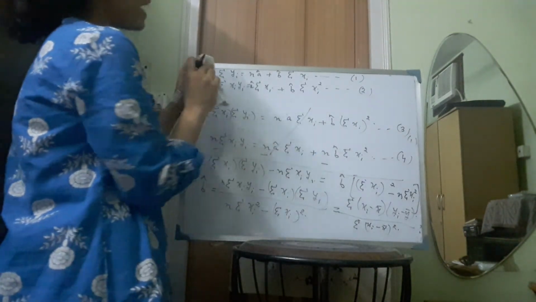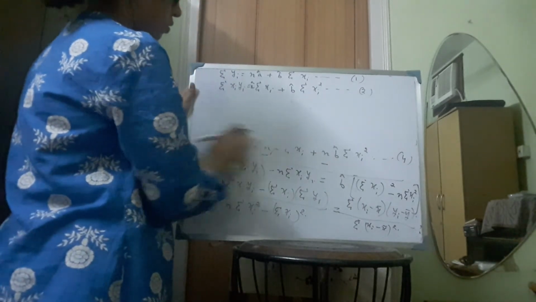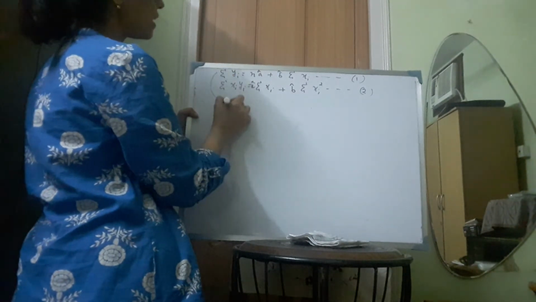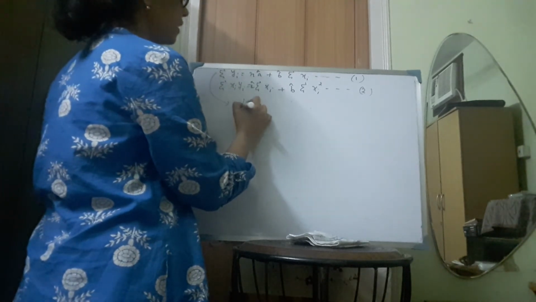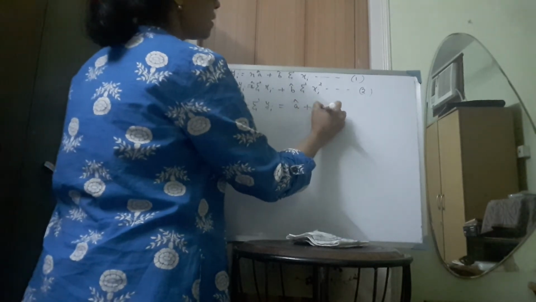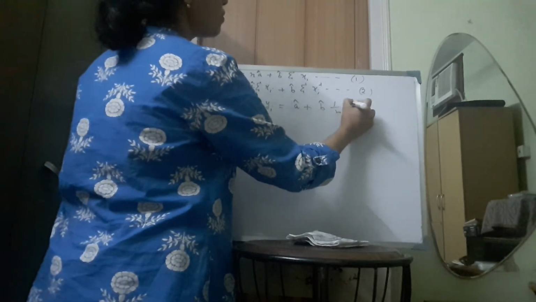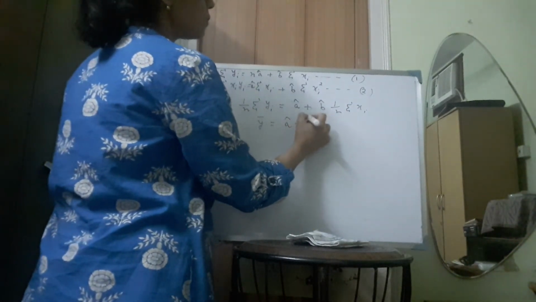So if we have the data on x and y, we can find out the value of b hat. Now what is the value of a hat? We can get it from the first normal equation. If we multiply both the sides by 1 by n, we will get 1 by n summation of yi, and on the right hand side a hat plus b hat times 1 by n summation of xi. So this is equal to y bar is equal to a hat plus b hat x bar.